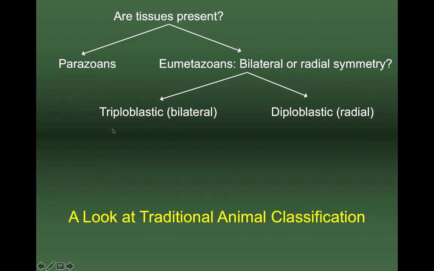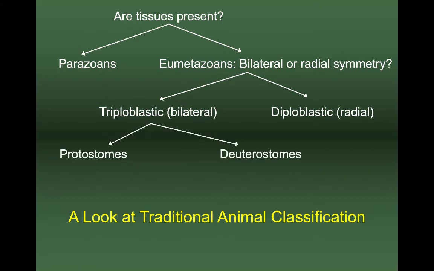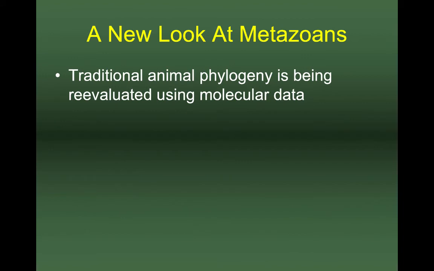Once we know we're dealing with a triploblastic bilaterally symmetrical animal, we would then take a look, for example, at whether it's a protostome or deuterostome. And in section 2 of the lecture, we talked about some of the differences between those two kinds of animals. And then from there, we'd start looking at some more specific features that would maybe allow us to classify this new animal with an actual phylum. Maybe it's an annelid, or maybe it's a tardigrade, or whatever. It's any other of the many groups of animals beyond just sponges and cnidarians once we know some of those